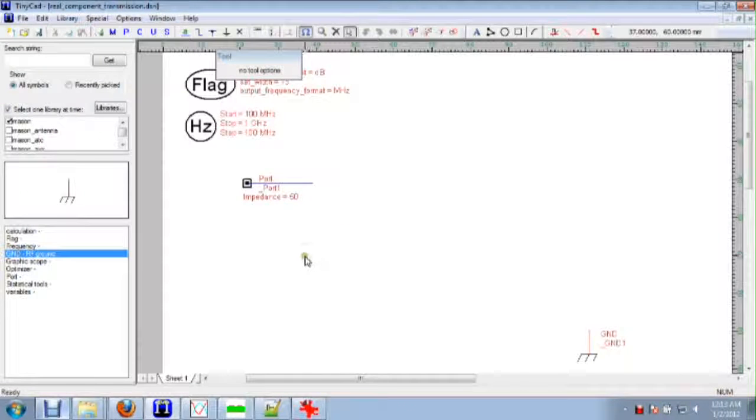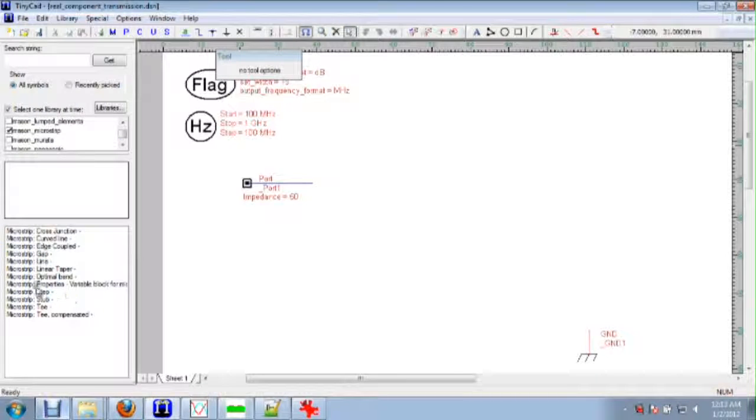In this tutorial, I'm going to discuss some of the issues using real models. We've been using simple transmission lines in some of the other tutorials. I'm going to use a microstrip line. Most of the